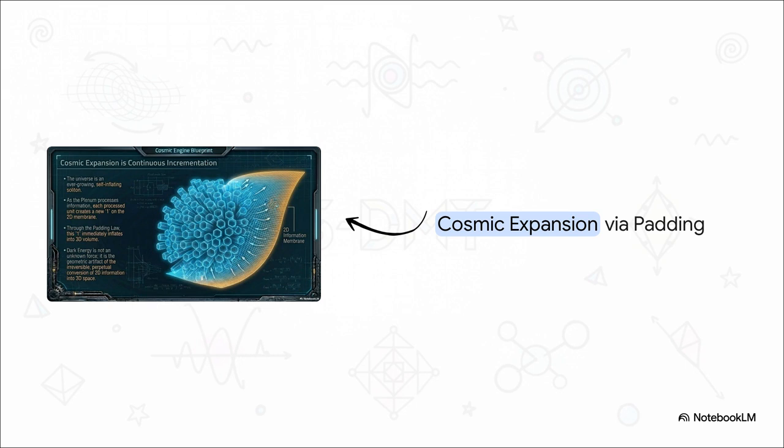What standard physics currently mislabels as dark energy is, quite simply, an observable geometric artifact. As the plenum continuously processes 2D information into 3D space, this padding of 1 continually accumulates over time. This creates an irreversible incrementation loop that mathematically forces the total geometric volume to expand. It's driven purely by structural logic, completely eliminating the need for mysterious, undetectable forces pushing the universe apart.